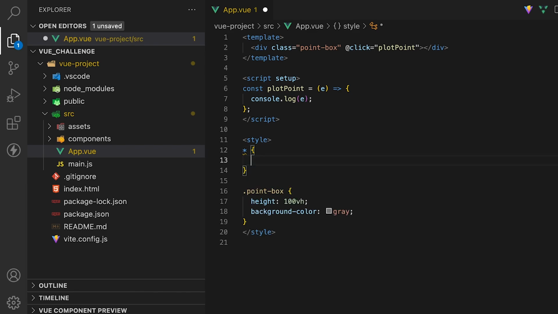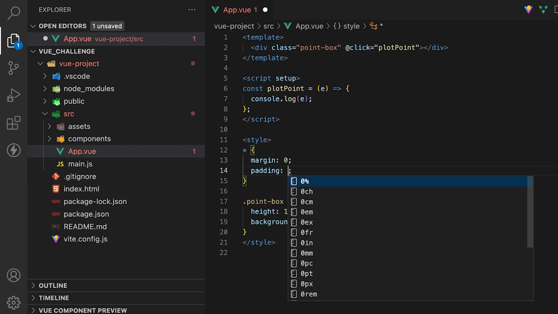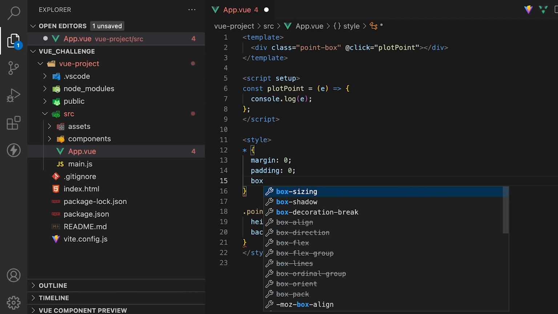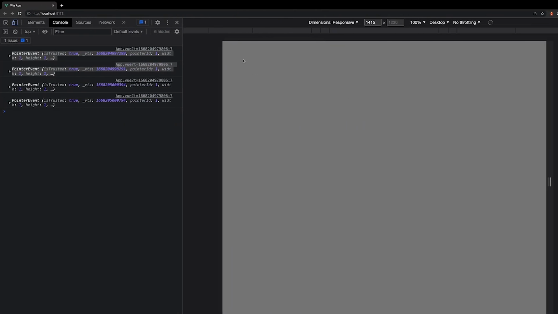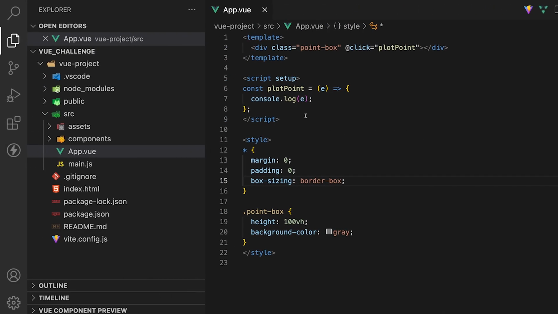So we'll say the margin, set it to 0, the padding, set this to 0, and the box sizing set to border box like that. Okay, so that took away that initial margin and padding there. So now that we have the ability to detect the click, what we're going to want to do is grab